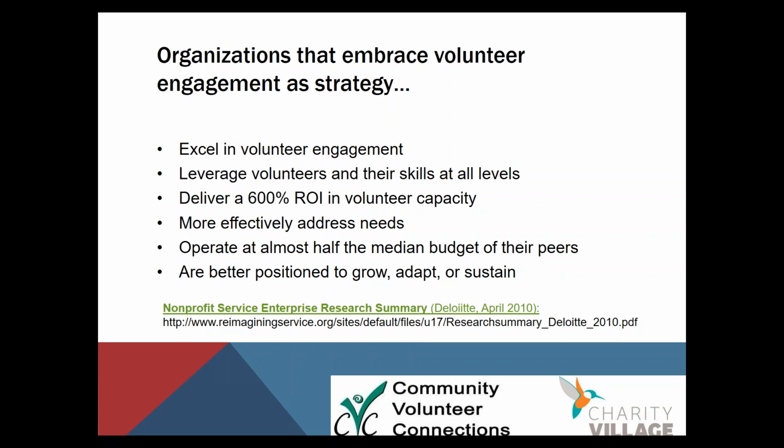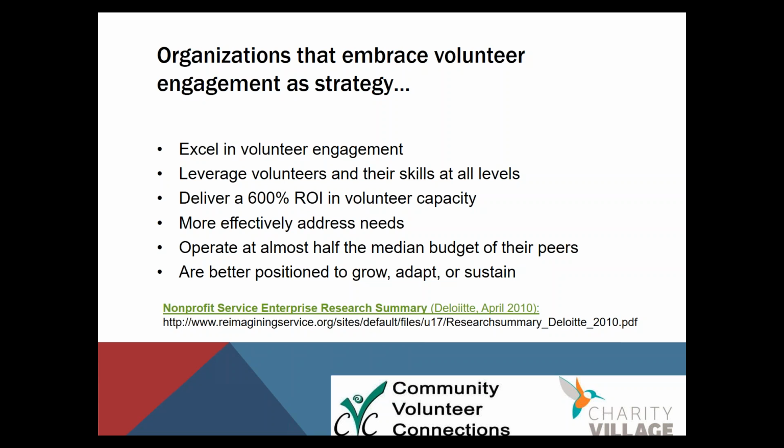Having worked in the volunteer center world for a long time and interacted with many managers of volunteers, if you're not in fact a manager of volunteers, you may be surprised to know that that is pretty much the most common request that we get in the field. But we know that volunteers are people, they're not magical elves, that they take a lot of work and energy to organize and to get the best out of what they offer for your organization.